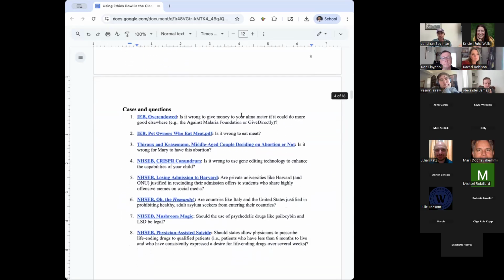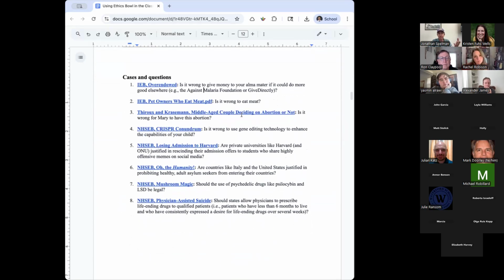So right at the beginning of week 8, we give them the cases that they're going to be working on and the questions that they're going to be answering. I know one feature of the Ethics Bowl competitions is that you don't know the questions in advance. I think that's too hard for the students, or it's going to present too big of a barrier. So the way we thought to make this the easiest was to let them know what the question is going to be right from the get-go. So they already know this is the question that we're going to get asked, and this is the question we're potentially going to have to present on.